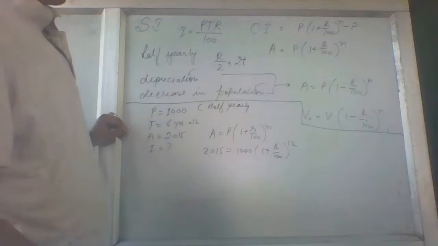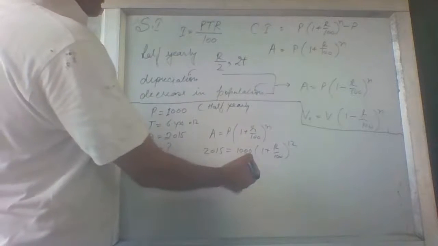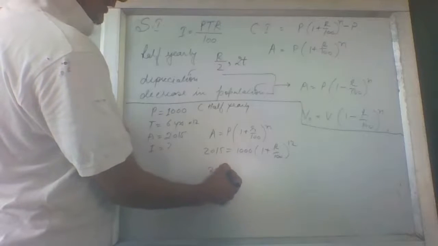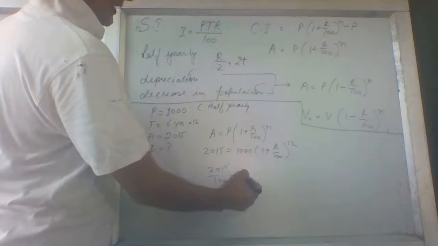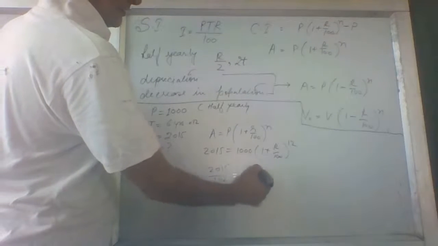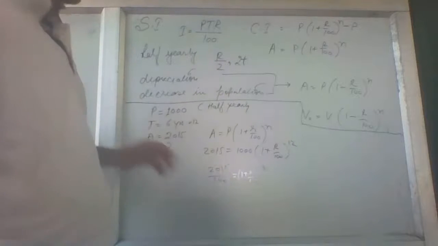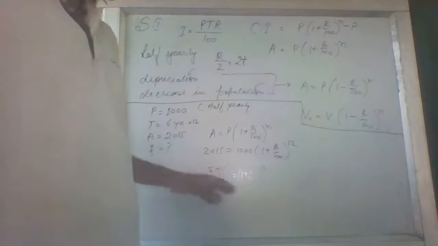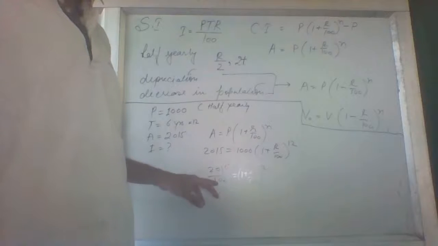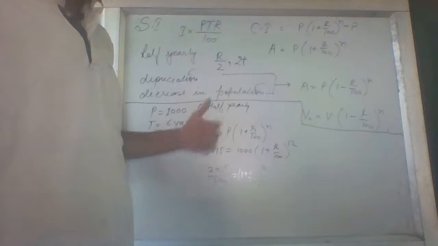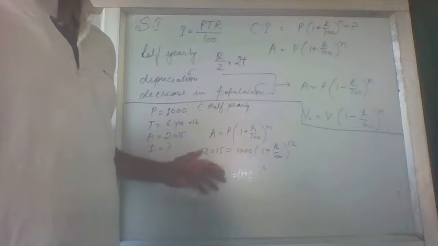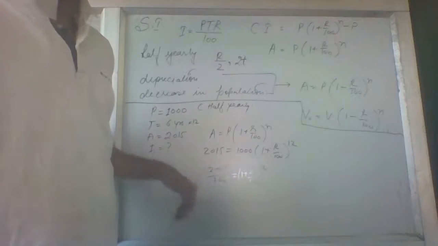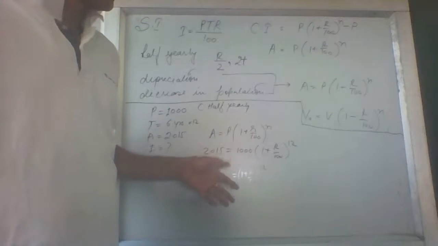Now, what will happen? We will sort it out for different things. I will put it over here, means 2015 upon 1000. This is the best method, 1 plus r upon 100 to the power 12. How you will solve it out? We will have to solve it in such a manner to convert its power into the 12. We will use our brain factory in such a way to convert its power into the 1/12 or 12th, whatever